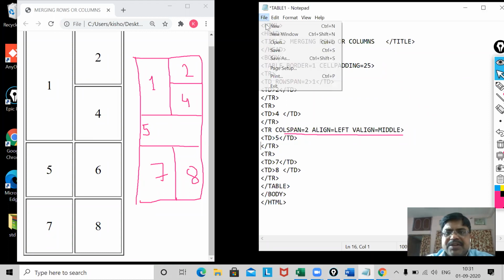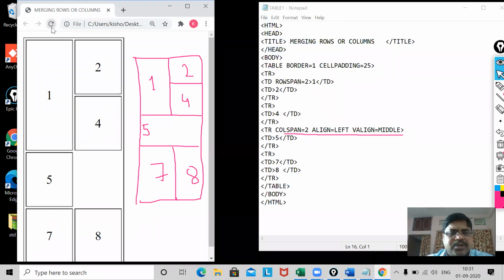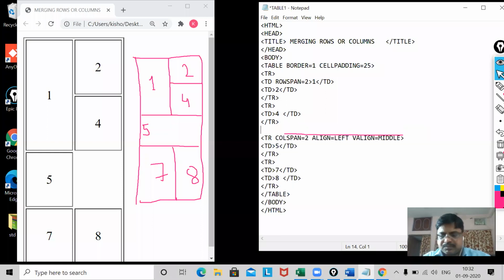So let me save it. Let me reload it. Now you can see, my dear, I made a mistake. Here I have to give the value col span equal to 2, align equal to left, V align equal to middle, and my value is 5.